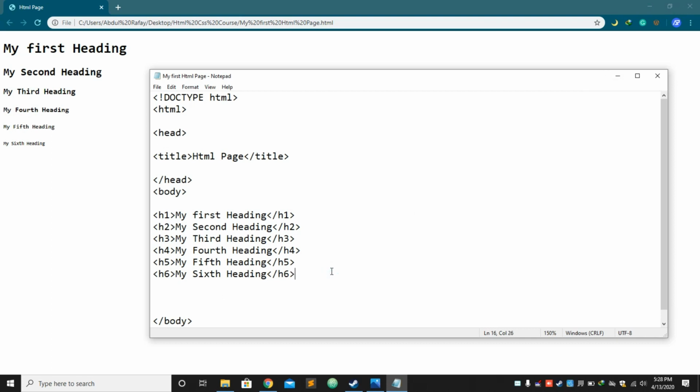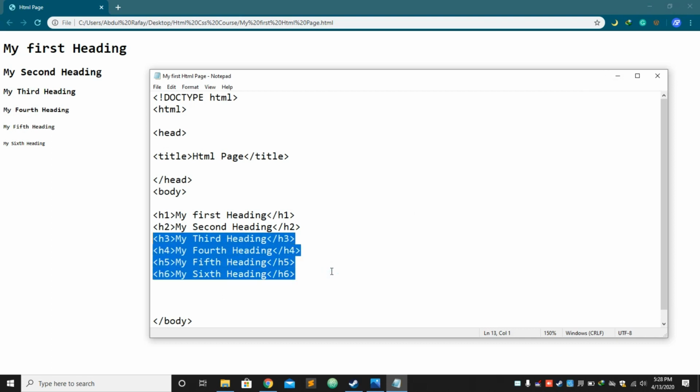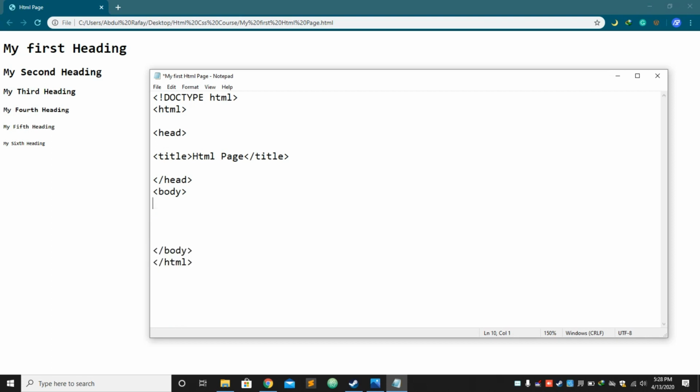So now we have talked about heading. So we can make one heading. Now we have a paragraph. First I will write one heading.